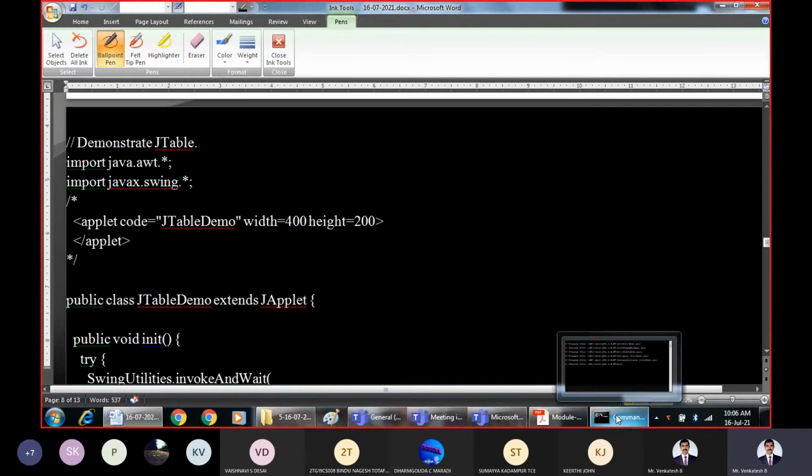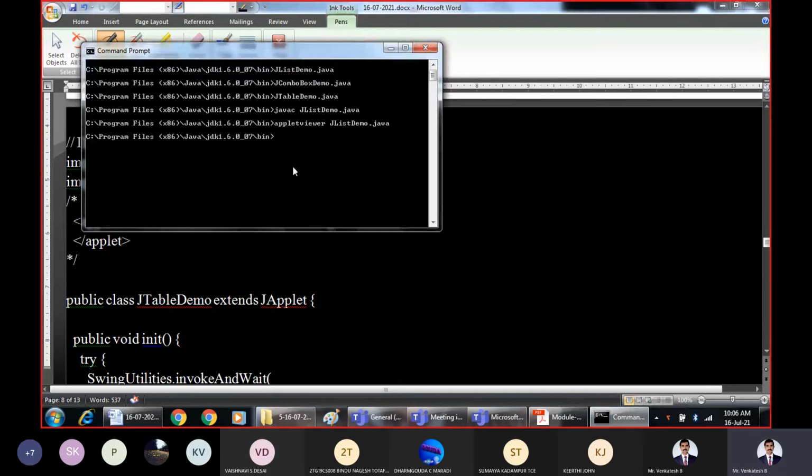Let us see the demonstration. I don't know whether the images are available or not, because those France, Germany images I had replaced with other images. Probably it will be there. javac.